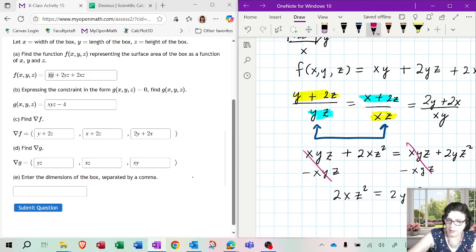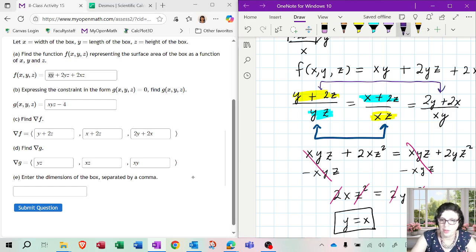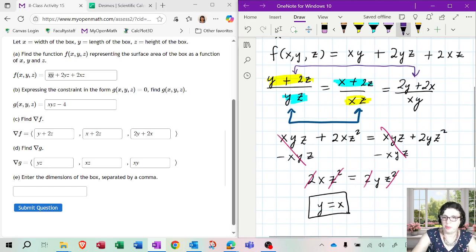And because again x, y and z are all positive numbers, you do not have to worry about division by 0. This just means that y equals x. So we just expressed y in terms of x. Now what we want is to also look at the first and the third fraction and set up the proportion there. Why third? Well, because we want to express everything in terms of x. So now we want to express z in terms of x. So let's see how that's going to work out.